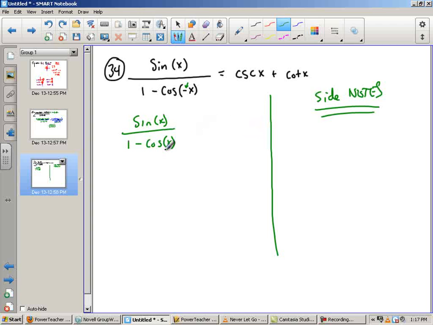So I haven't made much progress, but I don't have any negative angles anymore. The next thing comes from trying to figure out what in the world this even looks like. I don't even know what this really means. So I'm going to rewrite it in sine and cosine terms, because this is sine and cosine. Maybe I'm already there. So what I'm going to do is I'll say that cosecant is 1 over sine of